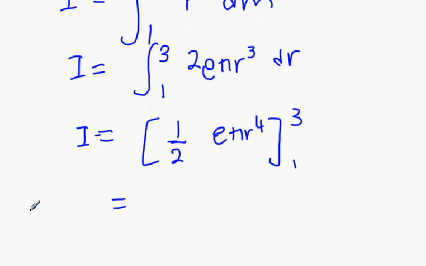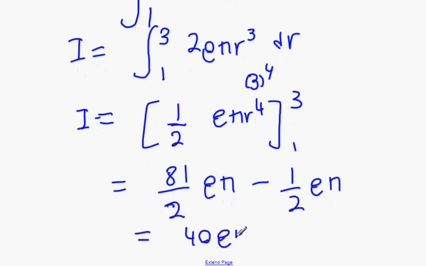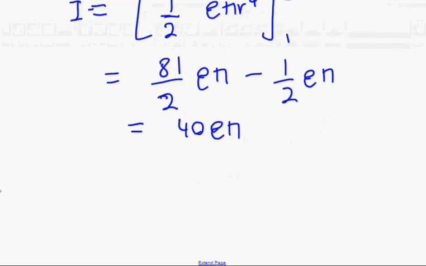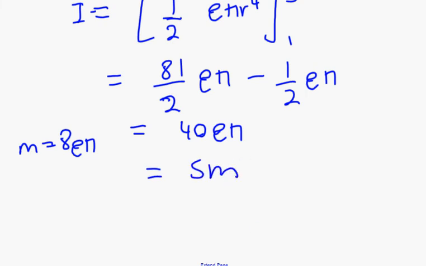So we'll put it in, and what's 3 to the power 4? 81 over 2 pi rho. Then the 1 there is going to be minus a half pi rho. So what's that going to get me? 40 pi rho. And what did we say for m? It's 8, isn't it? M equals 8 pi rho from earlier. That goes in 5 times, so it's 5m. There, okay? I'm going to go down and